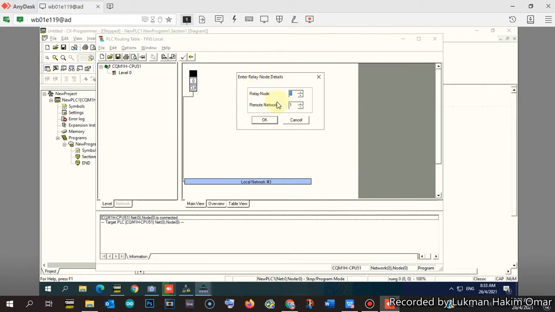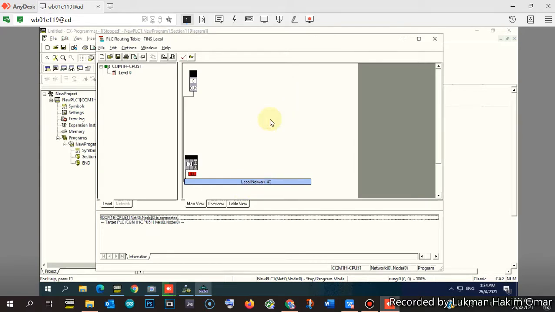Now the relay node is the remote node of the master. So the remote node number of the master is number 3, and the remote network is the same, remote network number 4. Because the local network here is number 3, the remote network must be number 4. Alright, so we click OK.